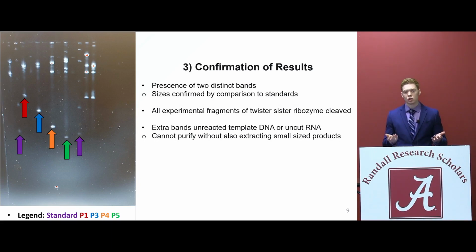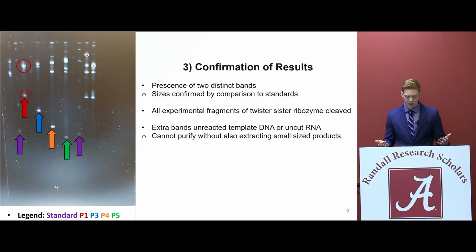Next, let's move on to the confirmation of our results. First, I'd like to draw your attention to the red arrow labeled P1. Now, this is the P1 fragment that we tested, and I'd like to point out the two distinct bands that you can see on the gel. As I mentioned before, these two distinct bands were compared to the standards, represented there in purple, to confirm that we were getting the sizes we were looking for. And as I mentioned, the two distinct bands confirm that the twister sister ribozyme is self-cleaving in our